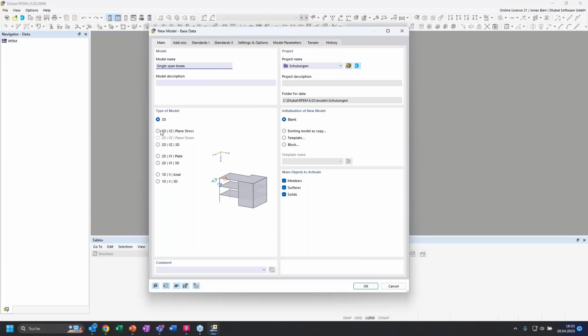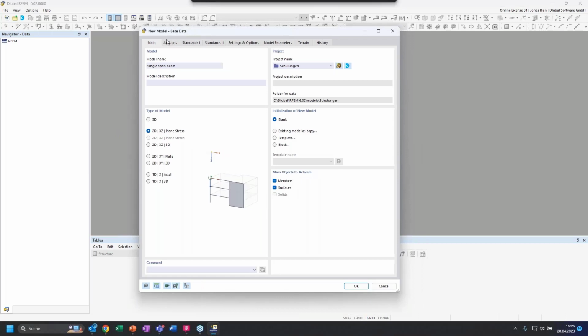We can then, I think this is mostly convenient, or maybe a bit easier, to work in the 2D space. So we will reduce the number of degrees of freedom and take some complexity away. Also, you have in this base data dialog the option to